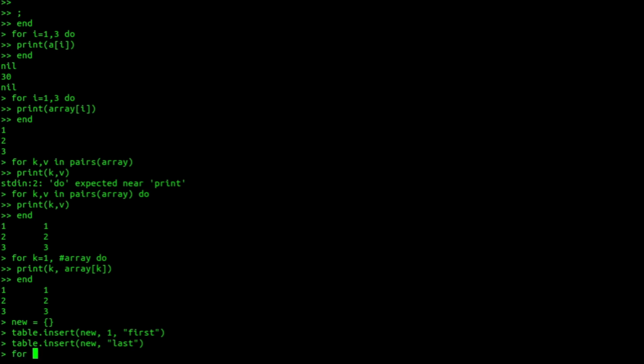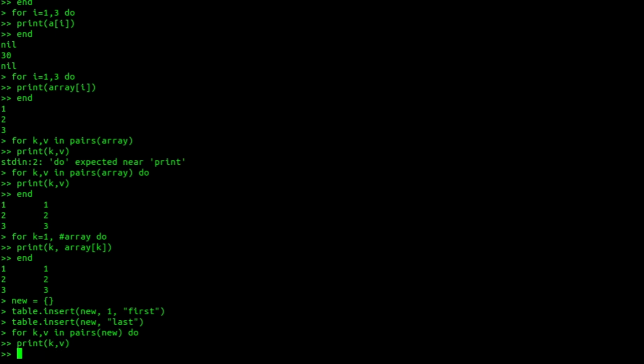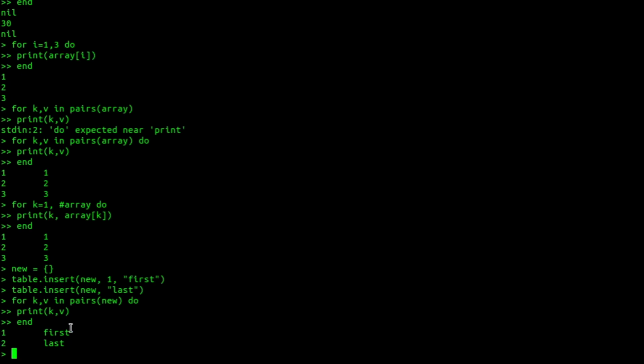To prove this concept, I will quickly do for k, v in pairs(new) do print(k, v). You see, the first element is first, the second is last.